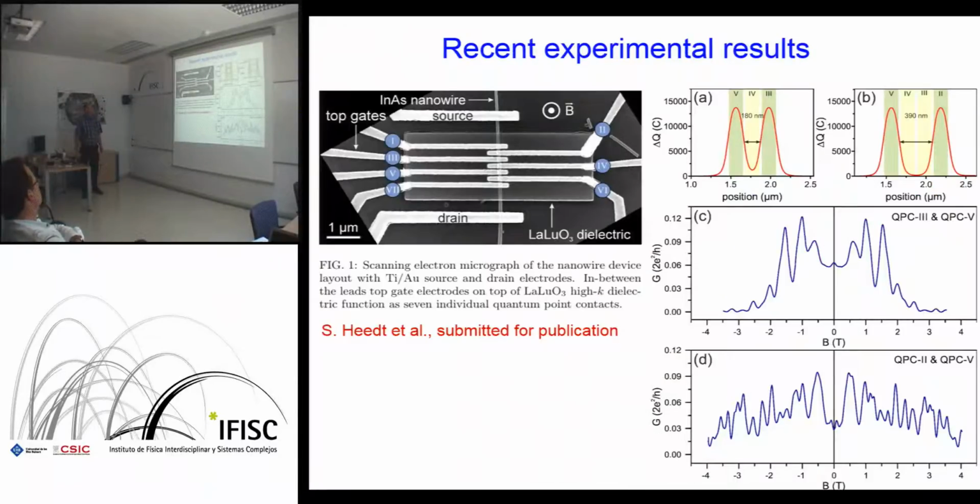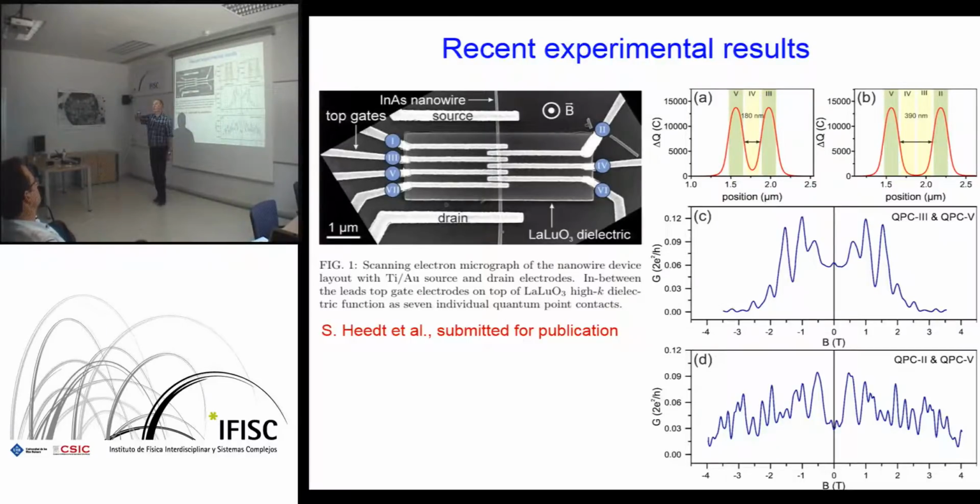Now, in recent experimental results, we believe there is another effect, or a related effect, due to the snaking orbits. In the experiments done recently at Jülich by Sebastian Head and Thomas Scheppers, they have, as I showed before, a nanowire with several gates, and when they put a voltage on two of them,